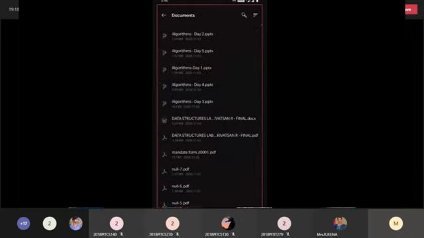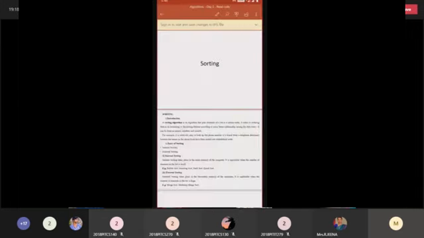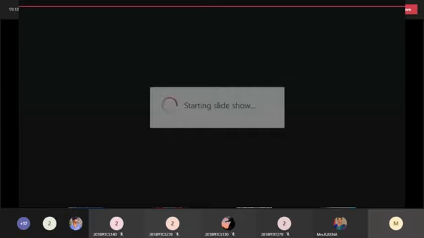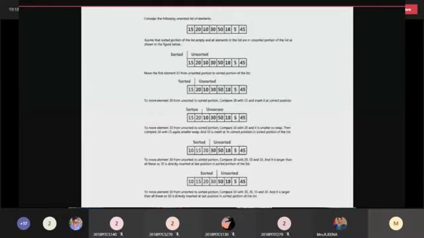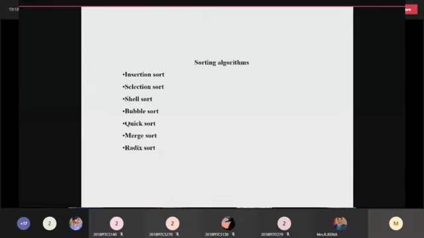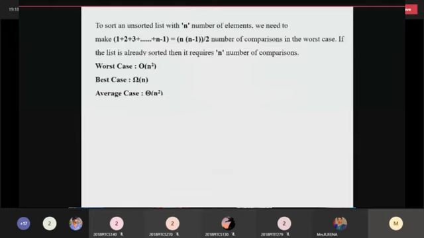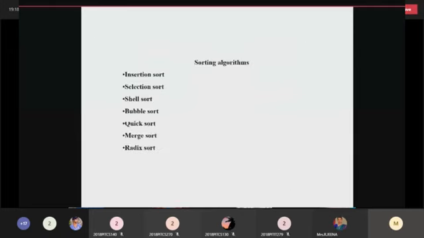Then we discussed selection sort. Selection sort is mainly used to find the